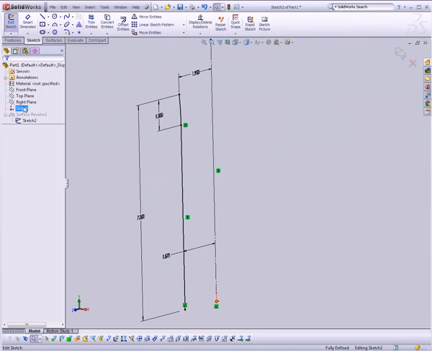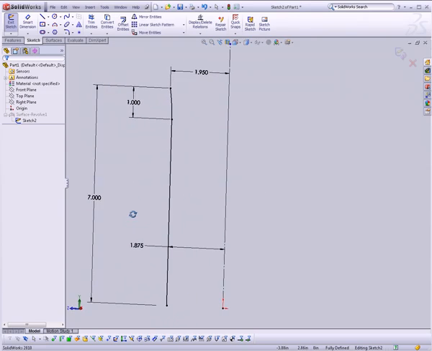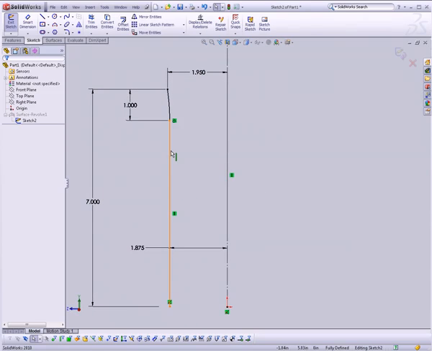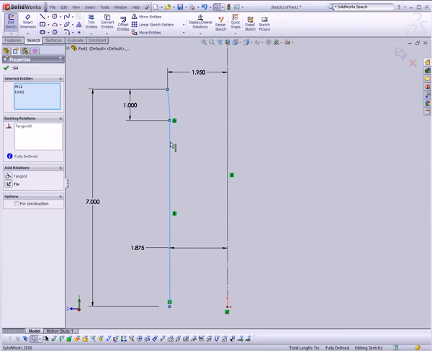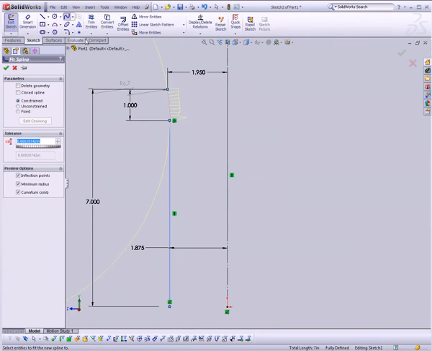I'm going to edit this sketch by left-clicking it and hitting Edit Sketch in the context menu. Then I can just hold the Control key and click both of these items and go up to the Spline button here. And instead of clicking Spline, there's a little arrow to the right of it. I'll click that and go down to Fit Spline. Fit Spline is going to create a spline that very, very closely approximates the line and the arc